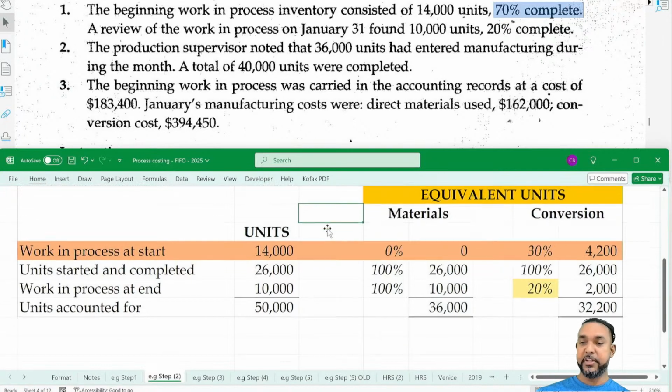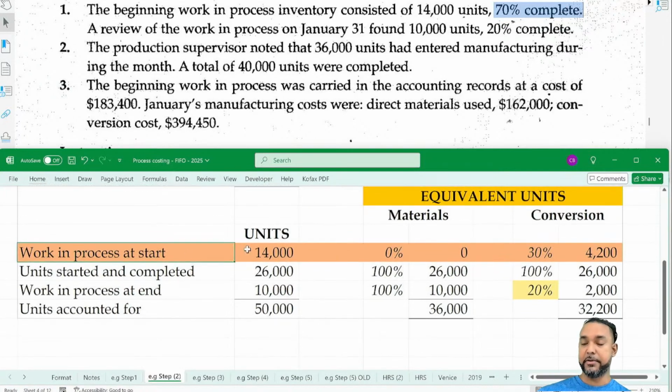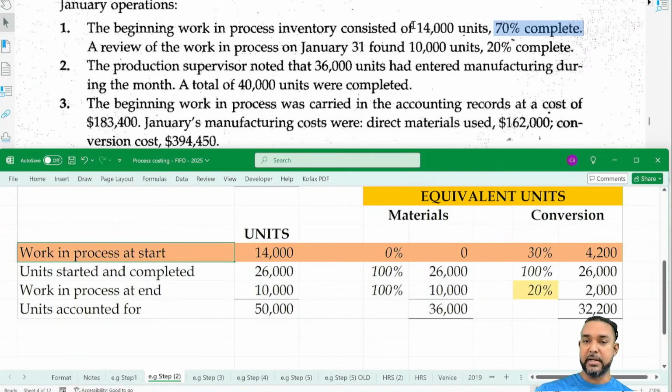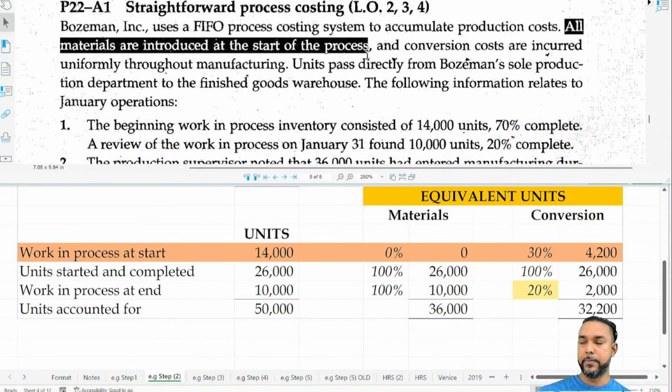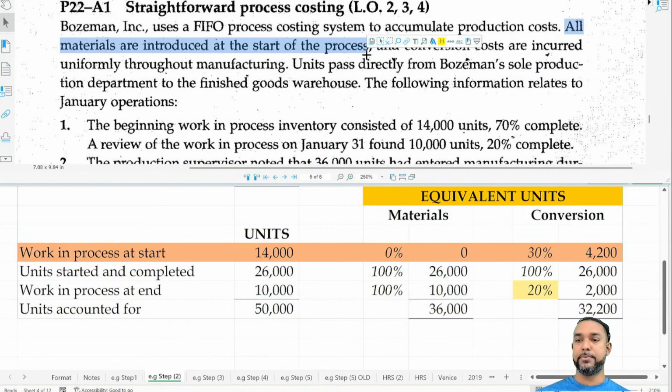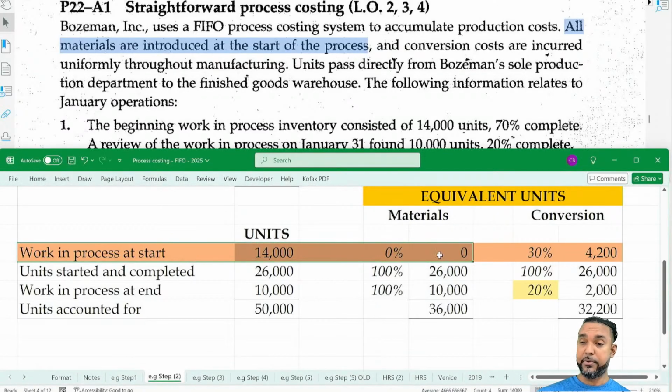Yeah, so for the units, the work in process at start. So again, those are units started in the previous period. Some work was done, but not all. So in this case, it's 70% complete. Now, we know all materials were added at the start of the process. They tell us that here. So all materials were added in the previous period, so none will be added now. So no materials work would need to be done on the work in process that started in the current period, hence